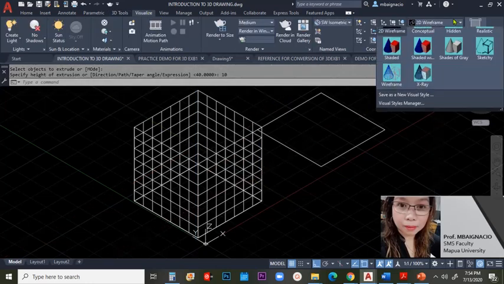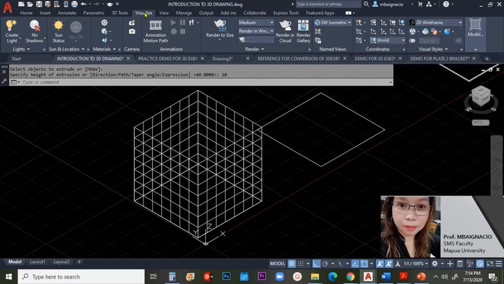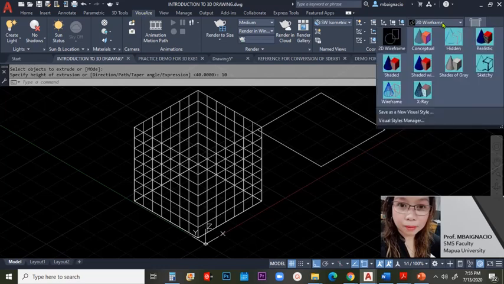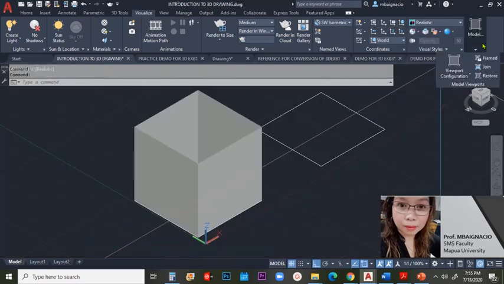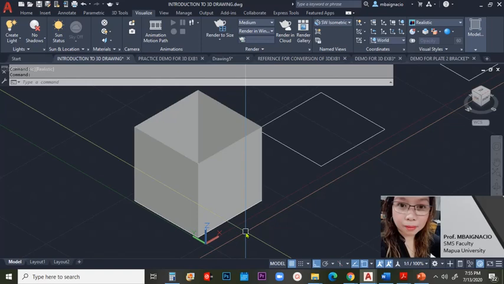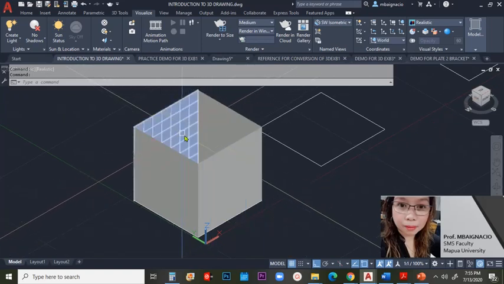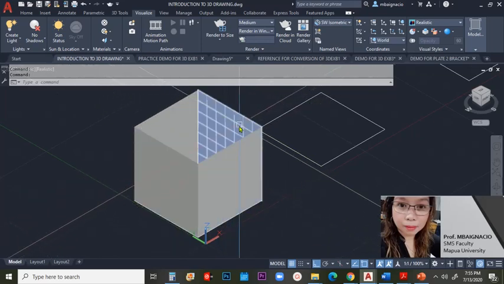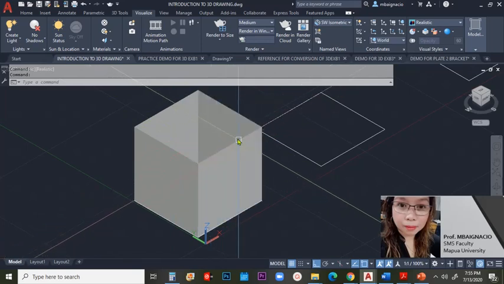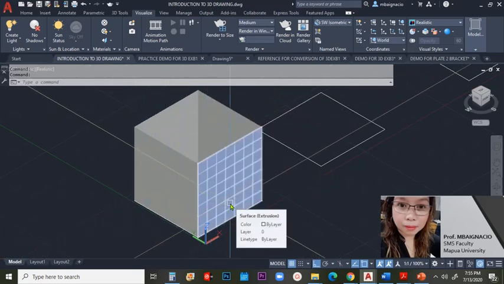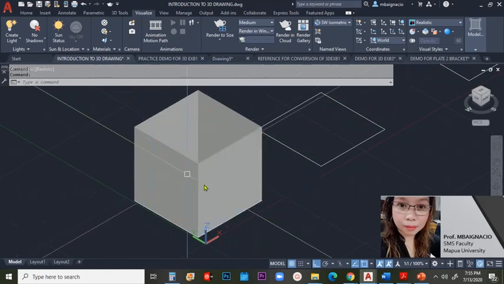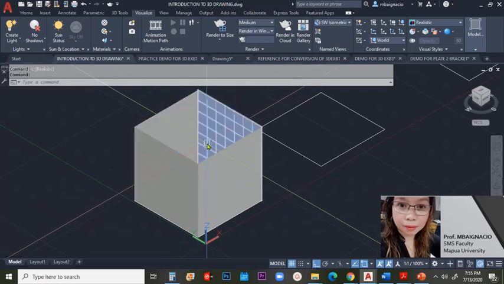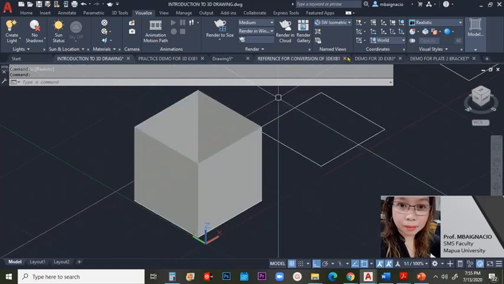To visualize, you go here, visualize, and then select realistic view. As you can see, under realistic view, you have here a shallow opening. This is a shallow opening of the faces of the box, meaning to say, having this reference, you only have a solid reference side of the box and a shallow opening in the center. So this is wrong. This is the realistic preview of the box.